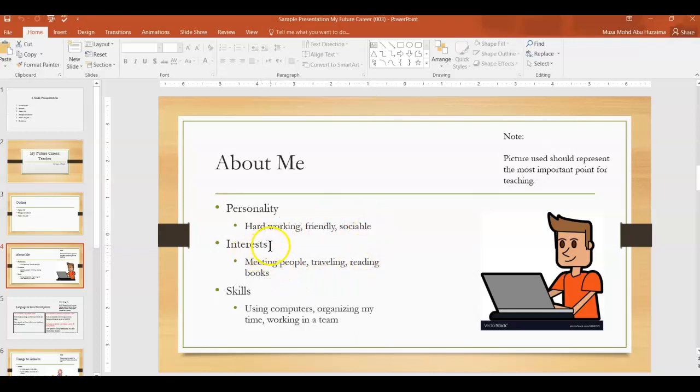In regards to interests, I have a lot of interests, such as meeting people. I like to meet new people. I like traveling, and I also like reading books. In regards to skills, I have so many skills that I can use for my future job, such as using computers, organizing my time, and working in a team. Okay? So,